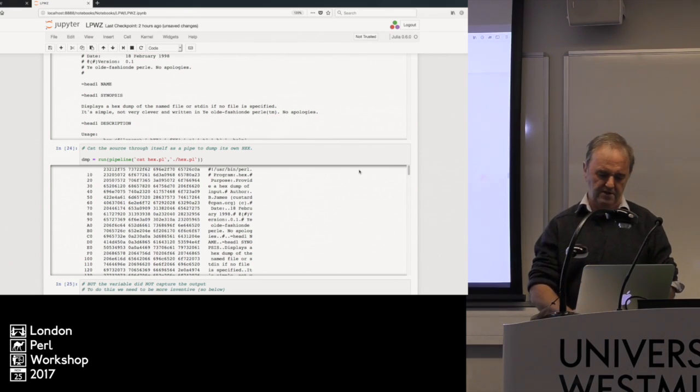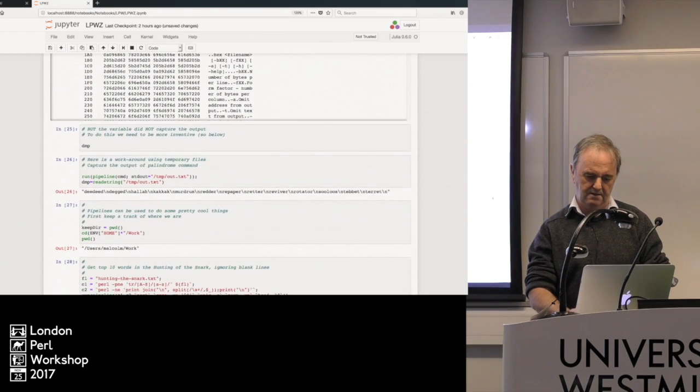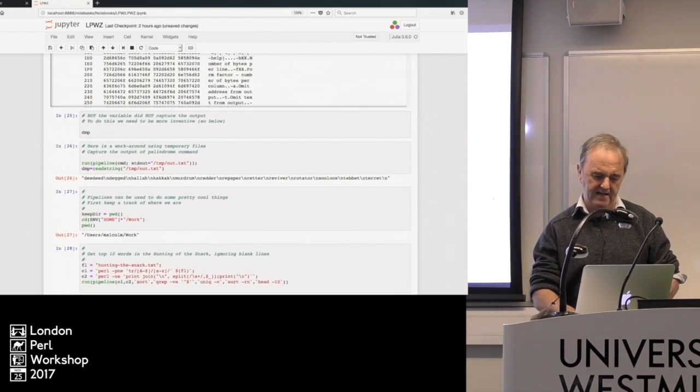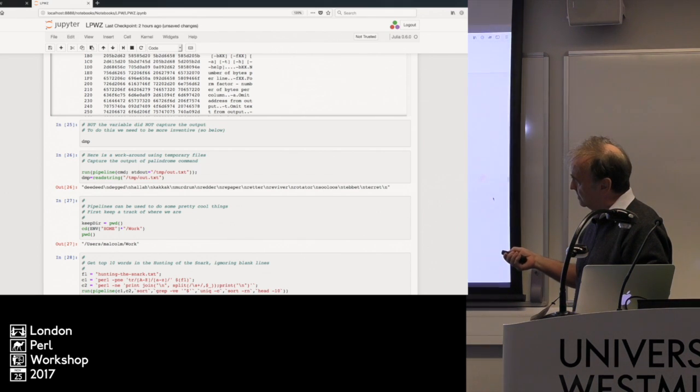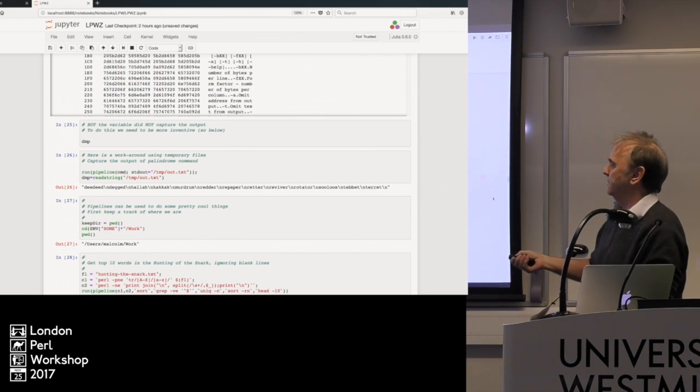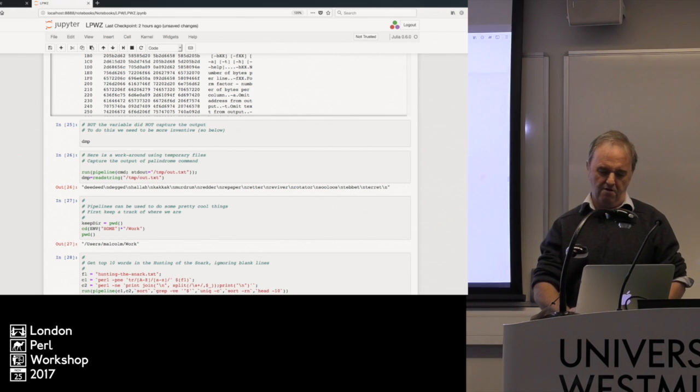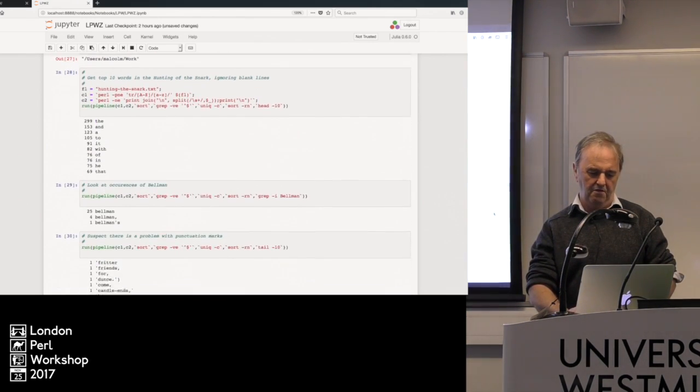There is a problem with this, and I'm probably not going to get to tell you much about it, and that is that it writes to standard output. So you cannot just capture the output of this straight into a variable. There's a few ways around this, and I'll talk about it quickly in a minute. You can write to a temporary file and then read the file, and there it is. But there are some other methods